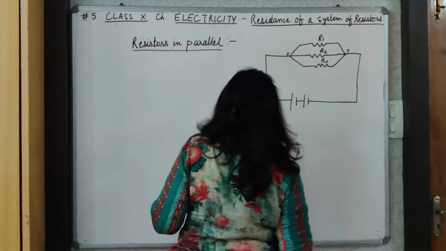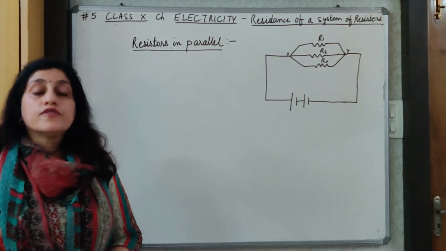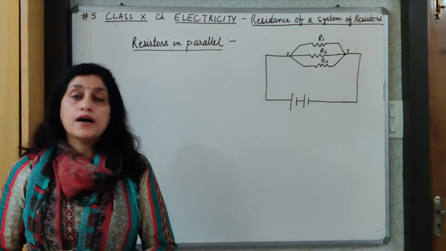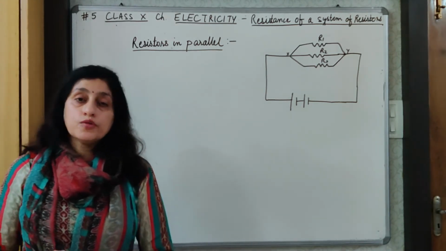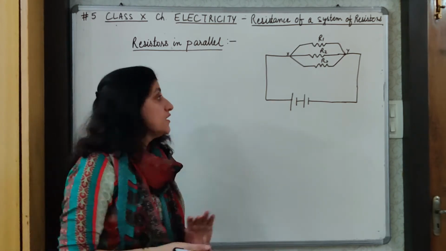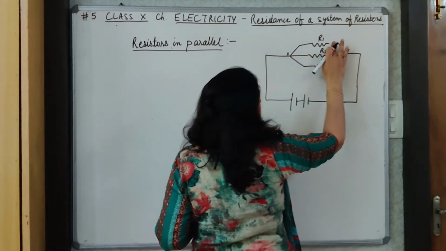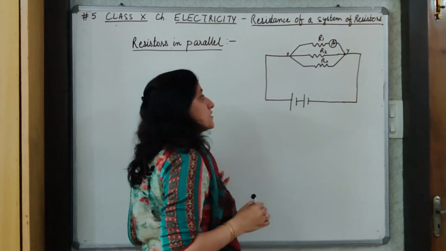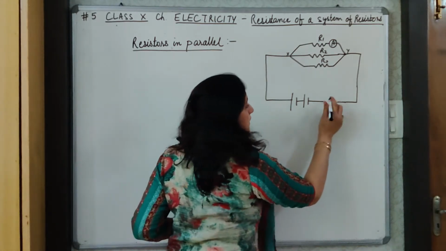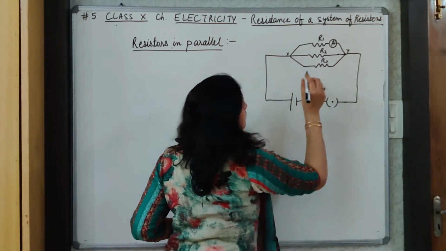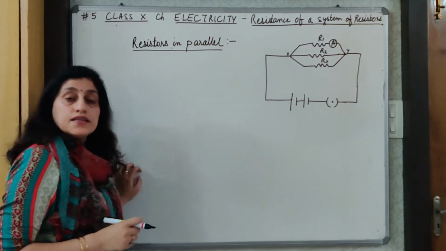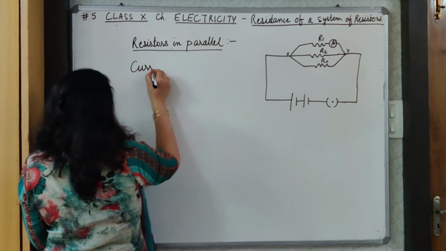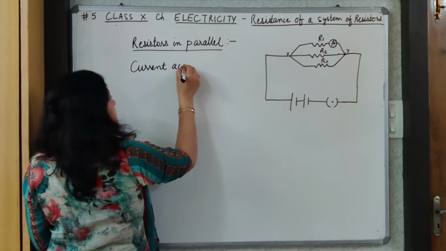Like this. Here also we have to note the ammeter reading and the voltmeter reading one by one. So what we do is, first we take an ammeter and we connect it one by one across the resistances. Suppose I take an ammeter and connect it across R1, and when we plug in the key to find the value of the current, we get the value of the current across R1,